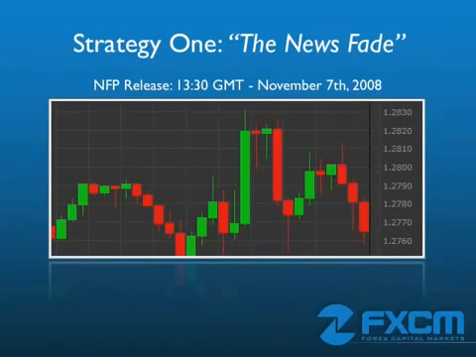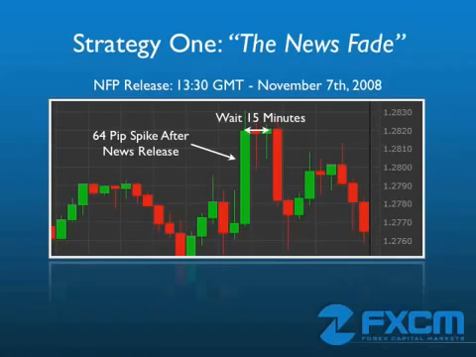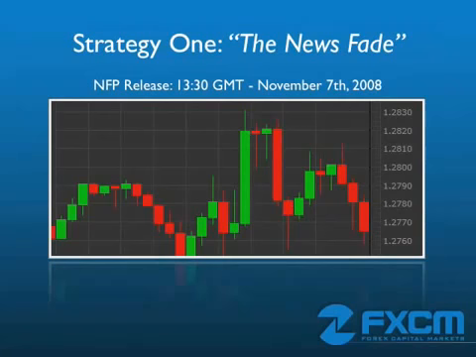After looking at the global economic calendar, I can see that NFP comes out at 13:30 GMT on November the 7th. If we pull up a euro-dollar chart for that time, we can see that the euro-dollar spiked up about 64 pips after that release. If we had implemented our strategy by waiting 15 minutes and then selling here around a price of 1.2820, sure enough, the price reverted back to the mean, and we could have closed out our trade around 1.2780 for a